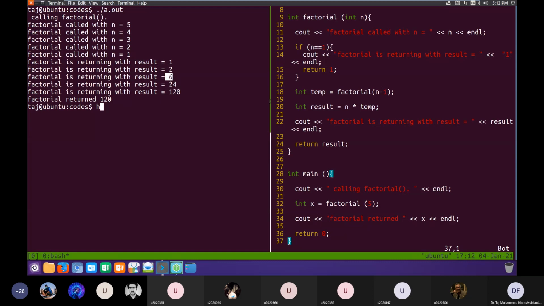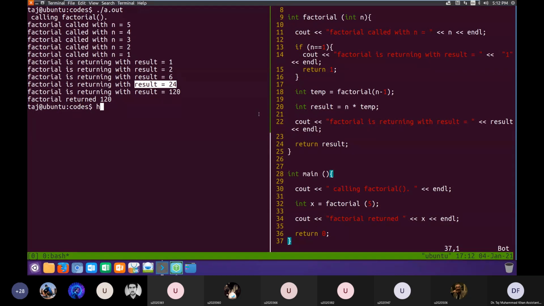This 6 will be stored in the temp variable that was created for the fourth last call, and this temp is multiplied by n, which was equal to 4 in that call. So 6 multiplied by 4, the result variable for this call will receive the value 24, and it will return 24. But before returning, it prints this message that factorial is returning with result equal to 24.